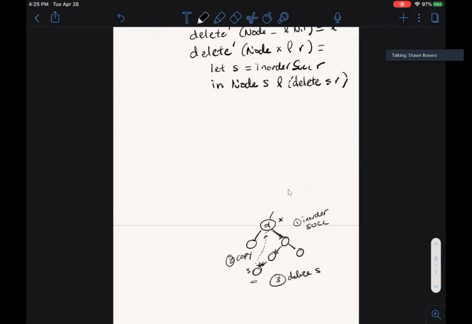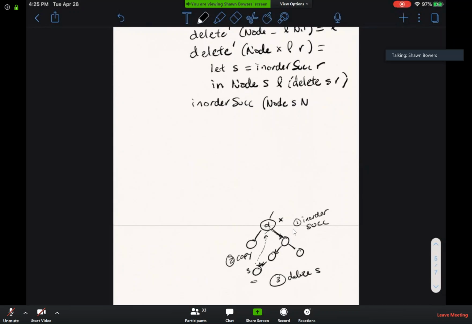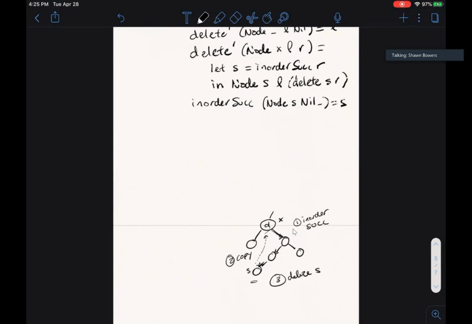Okay, and then the in-order successor is actually really easy. So if I'm sitting at a node with a value, we'll call it S here, that does not have a left, then I just return the value. Okay. Otherwise,